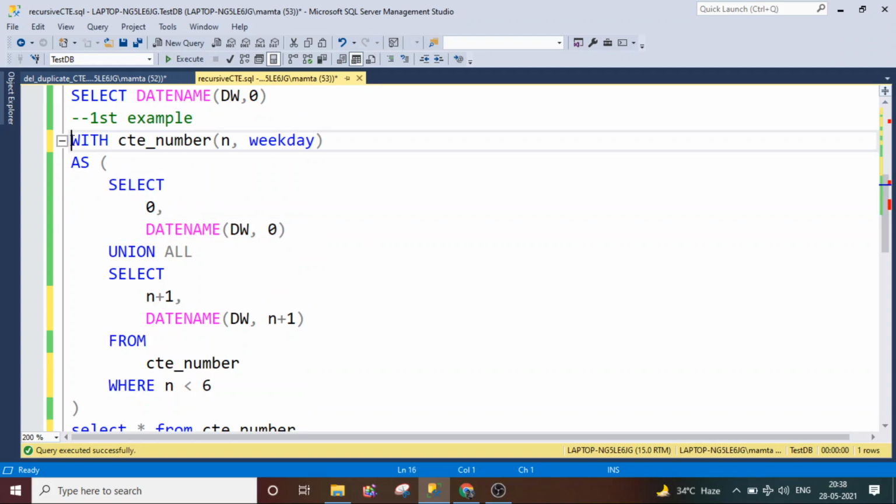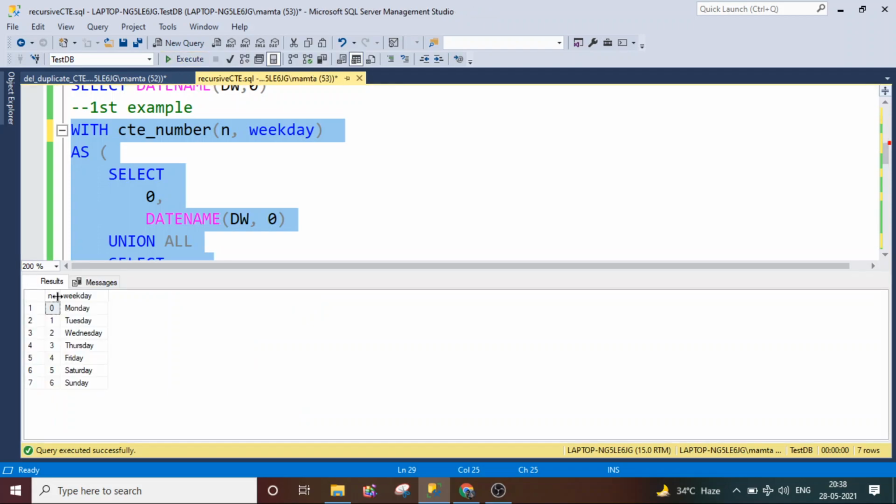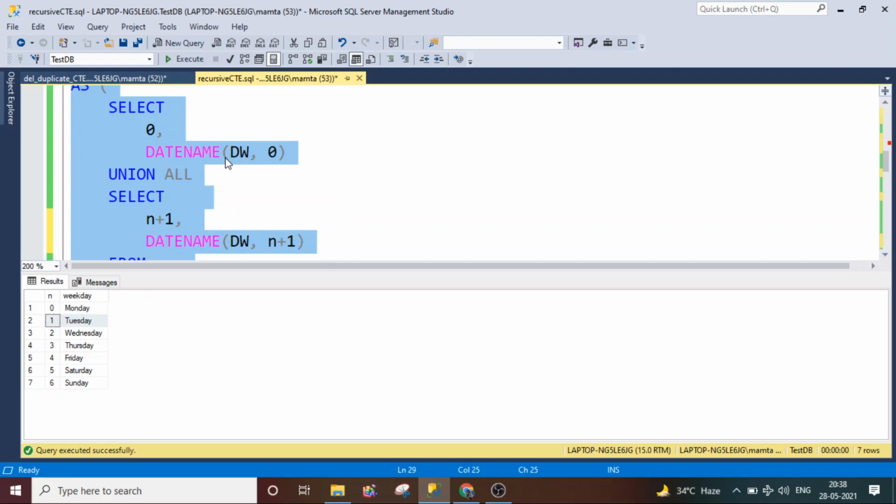So I'm selecting all of it from the declaration till this point, and let me execute it. See, on the first index Monday, then Tuesday, Wednesday, Thursday, Friday, Saturday, Sunday. Now, what happened in the very first execution is that this query executed and it got displayed.